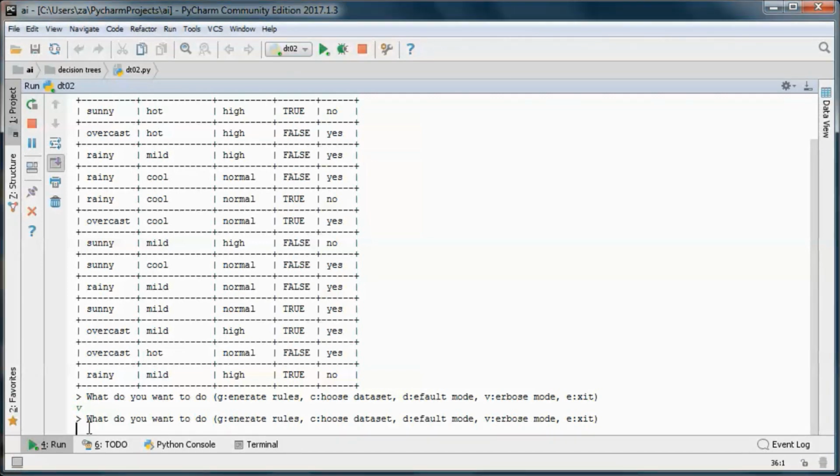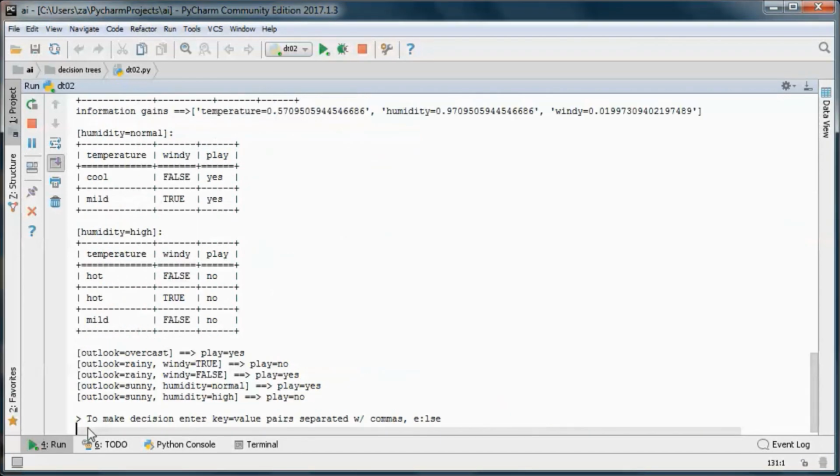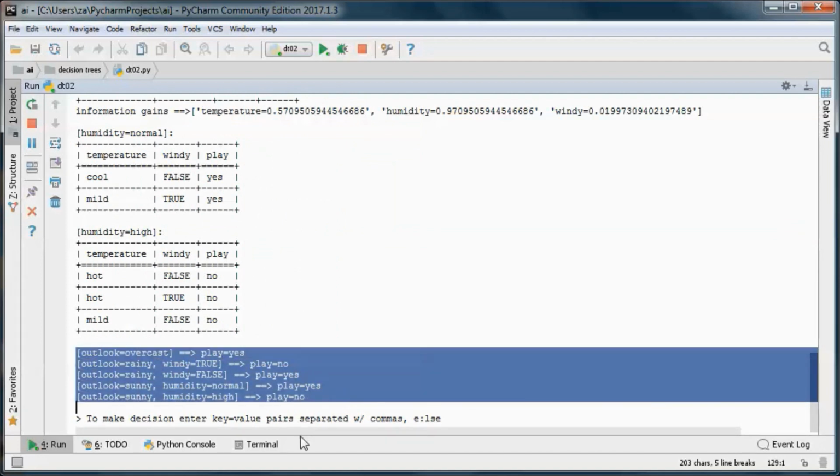And let's generate those rules that allow us to make decisions.